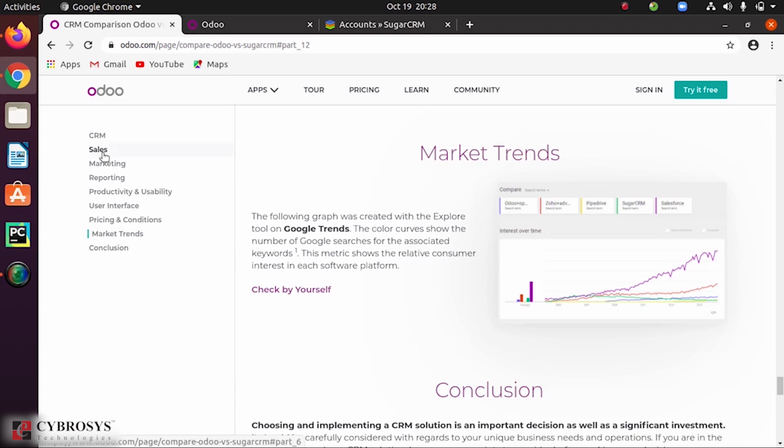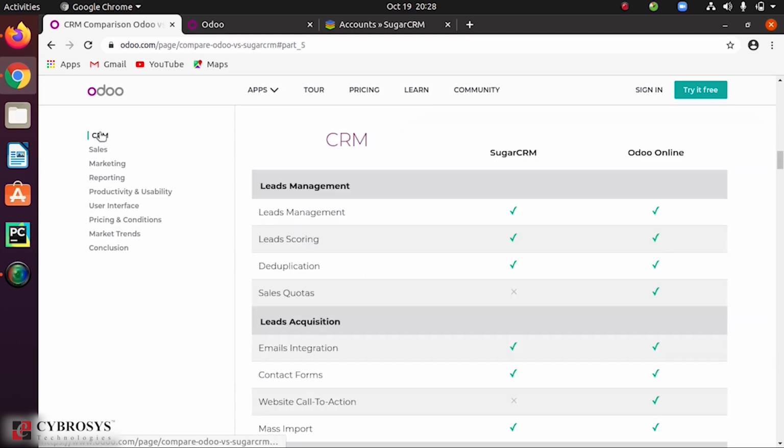Now let's have a look at it in detail. In this video we are going to look at Odoo CRM as well as Sugar CRM. So this video will deal with the comparison between the CRM used in both Odoo as well as Sugar CRM.